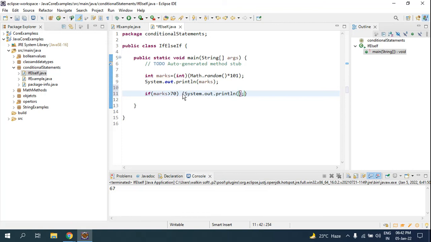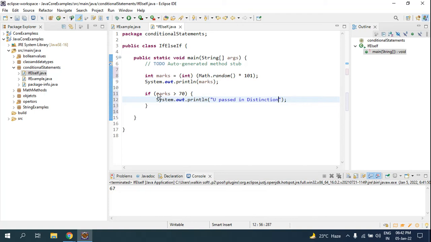System.out, I want it to be shown: You passed in distinction. So whenever the random number I am getting is greater than 70, it will show me this output: you have passed in distinction.